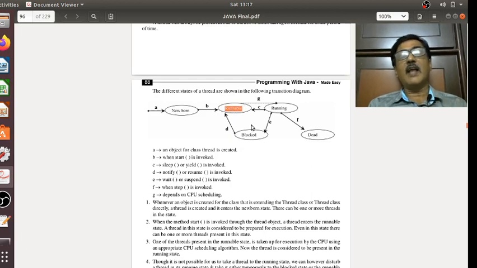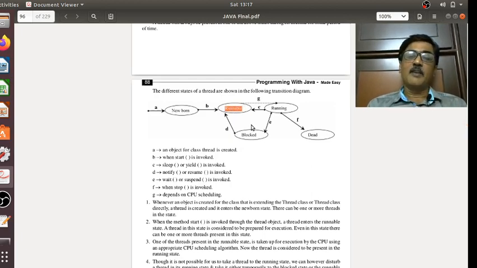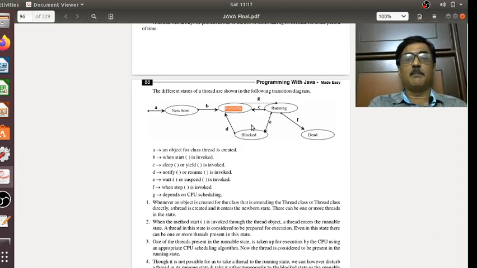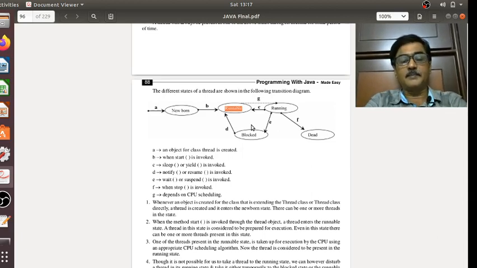So we don't have to invoke any other methods to put them back into the runnable state, unlike the wait and suspend methods, which need other methods to put them back. We do not need any special methods to put the thread back into the runnable state from the blocked state.